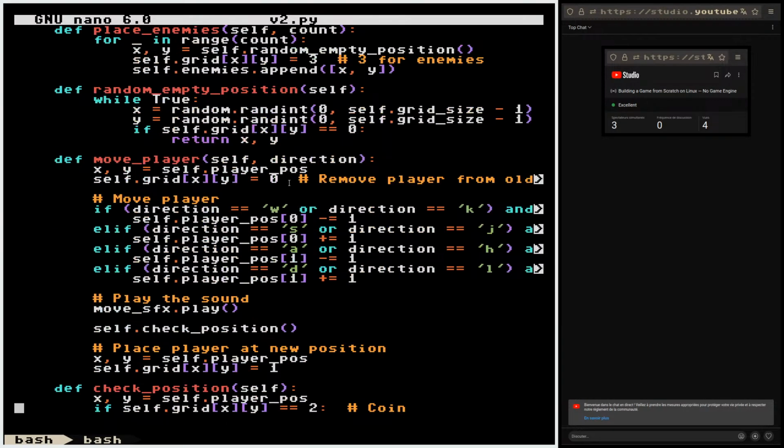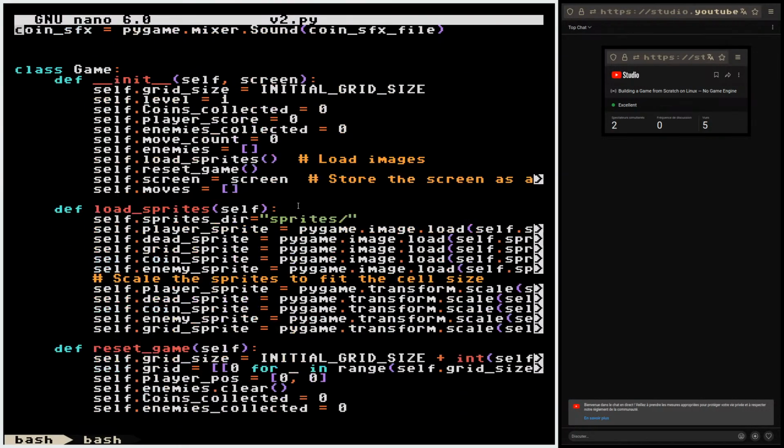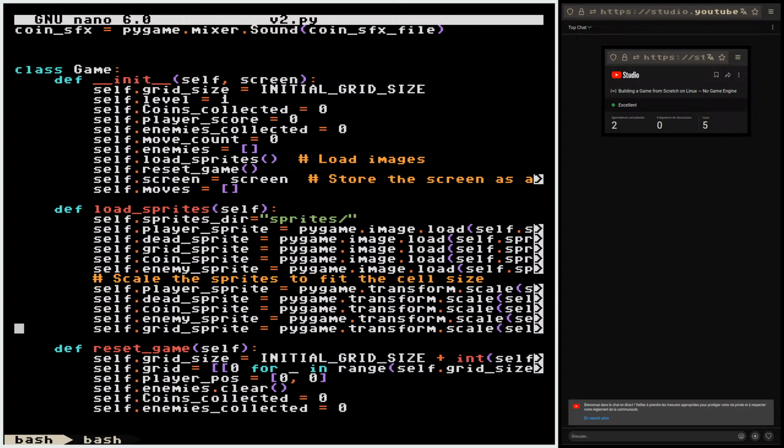to create animation, I'm loading the sprites right here from the sprites directory, but as you can see, I load a single sprite per variable. So if I want to have animation, what I will need to do is have arrays, and in these arrays I will need to store multiple images, to load multiple images. So first of all, I would need to reprogram this whole section, this whole thing right here, to allow me